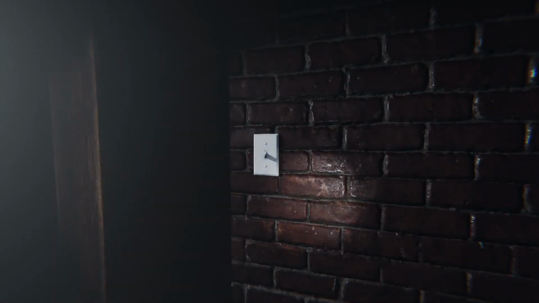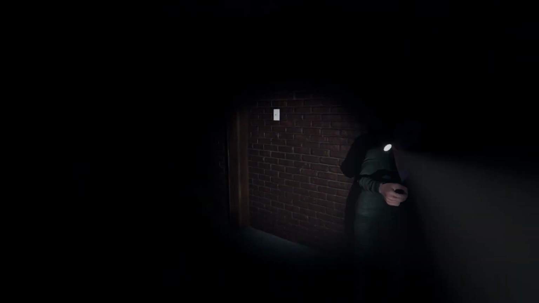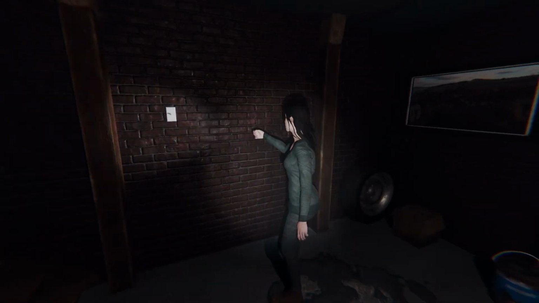Show you guys... Got to flip this breaker back on. So if you guys look at the light switch, if I try to turn it on, nothing happens. However, if you come over here, just left-click on the breaker. It's going to turn it back on, and now the lights will work. So, with that being said...